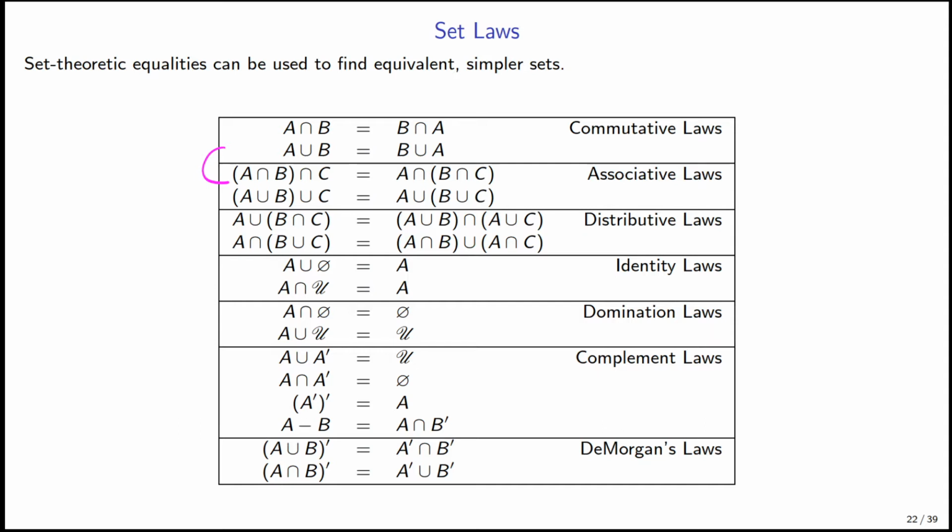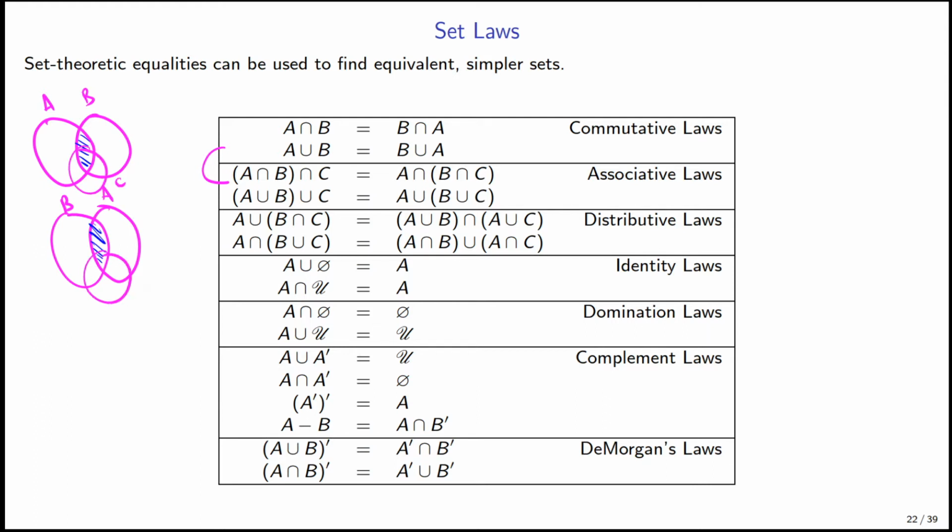So for instance, let's take a look at commutativity. If I have 2 sets, A and B, no matter if I have A on the left or A on the right, the intersection of these 2 sets is always in the center. So the elements that are shared between A and B are the same no matter if you take A intersection B or B intersection A. Similarly, if we add a third set to it, C, it doesn't really matter which one we do first, because we're just going to end up with this thing in the center. So whether we take A intersection B first, or whether we take B intersection C first and then do A